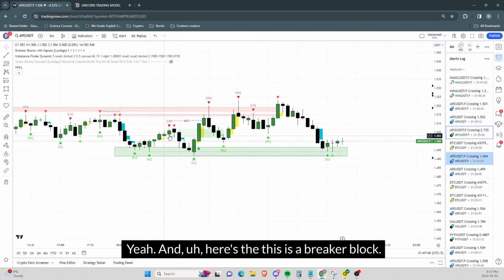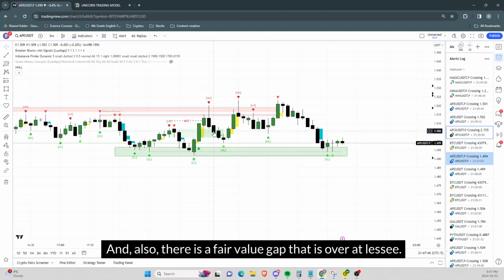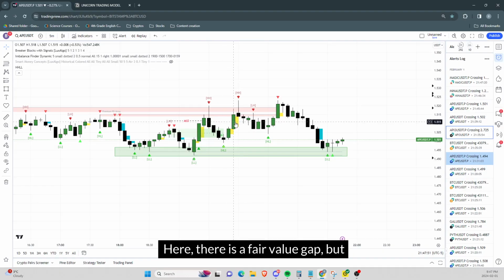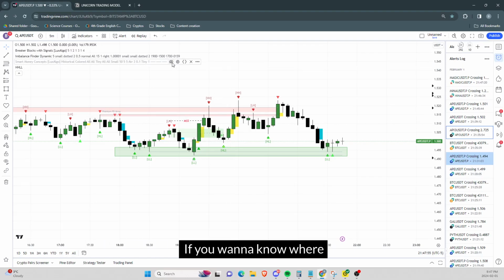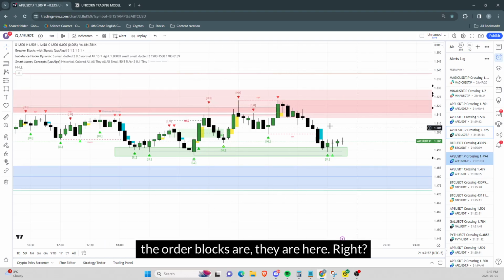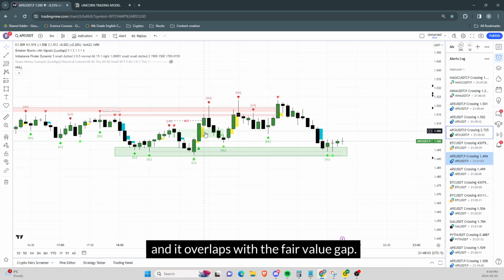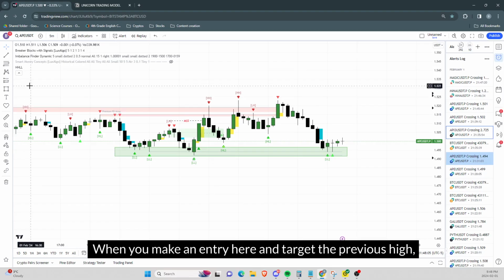Yeah. And here, see, this is a breaker block. This was an order block. It was disrespected. And also there is a fair value gap that is over. Let's see here, there is a fair value gap, but there is no order block or breaker block. If you want to know where the order blocks are, they are here, right? So here there is a breaker block